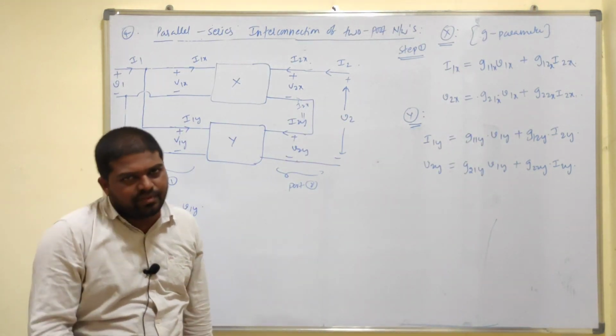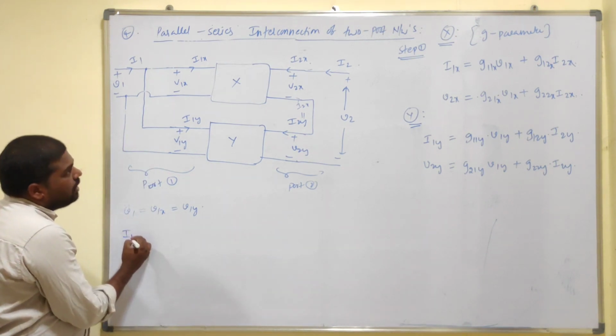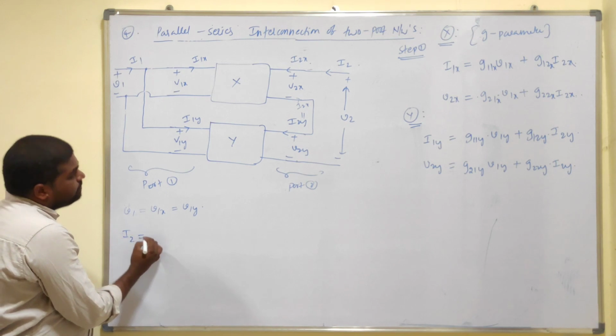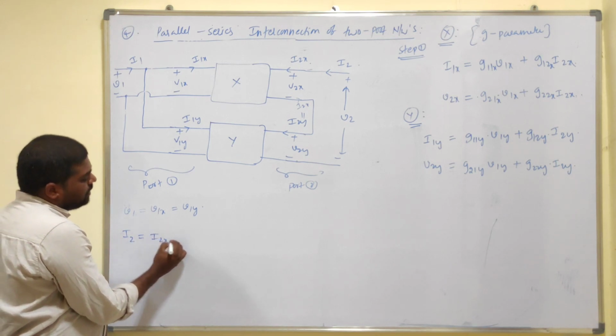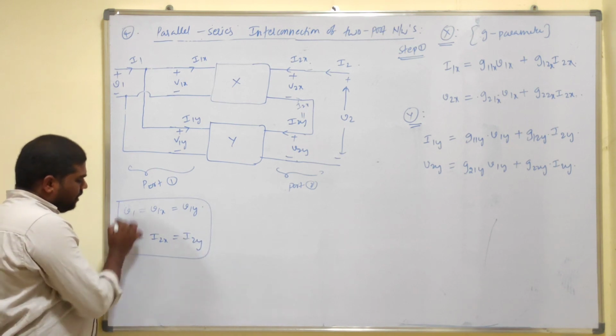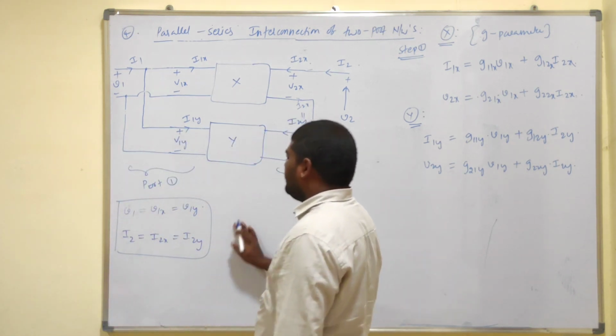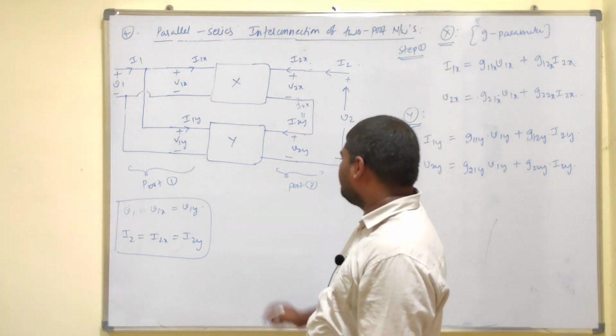Okay, there is no current division. So from that port 2, we can write I2 equals I2x equals I2y. So these are the observations. And second thing, you can observe here